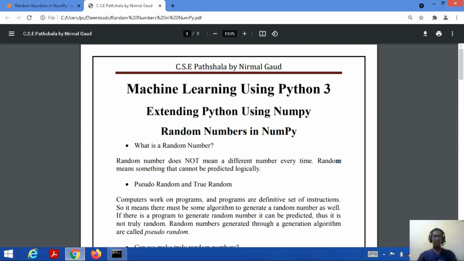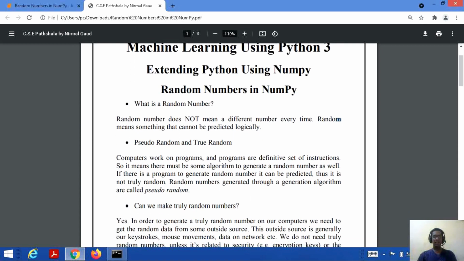Now, if we say that we are producing different numbers and doing some programming on the behalf of that, it has been produced as an output. So yes, that's okay. But in programming, there are certain logics, and we are much more concerned about the logics on the behalf of which this number or these numbers are produced. So there are two types of random numbers: pseudo random numbers and true random numbers.